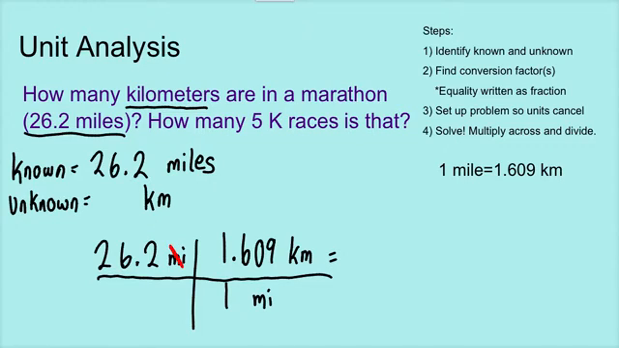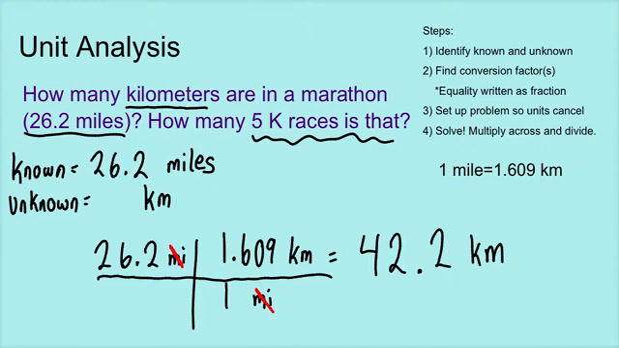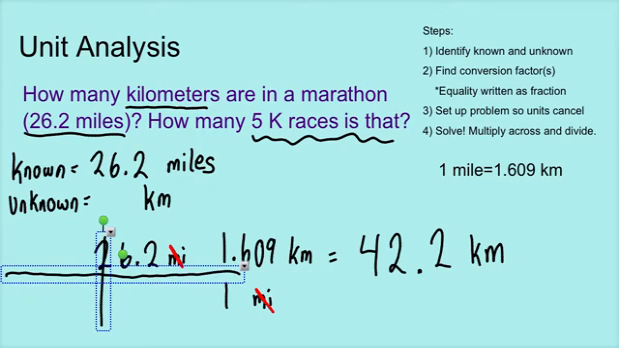So we do that. Miles and miles cancel out. I have 26.2 times 1.609, which gives me 42.1558. I'm going to round that to 3 sig figs, so I'm going to say 42.2 kilometers. Okay. If I wanted to know how many 5K races that is, well, okay, that